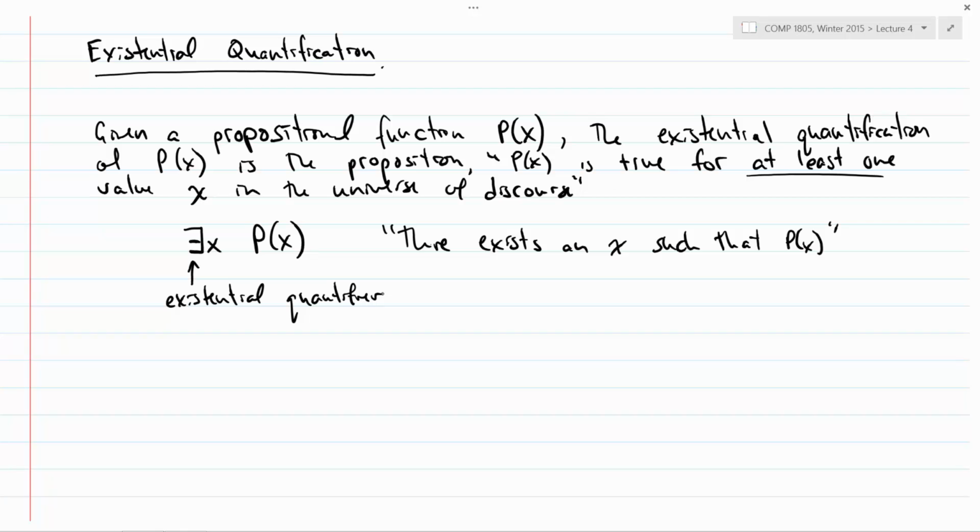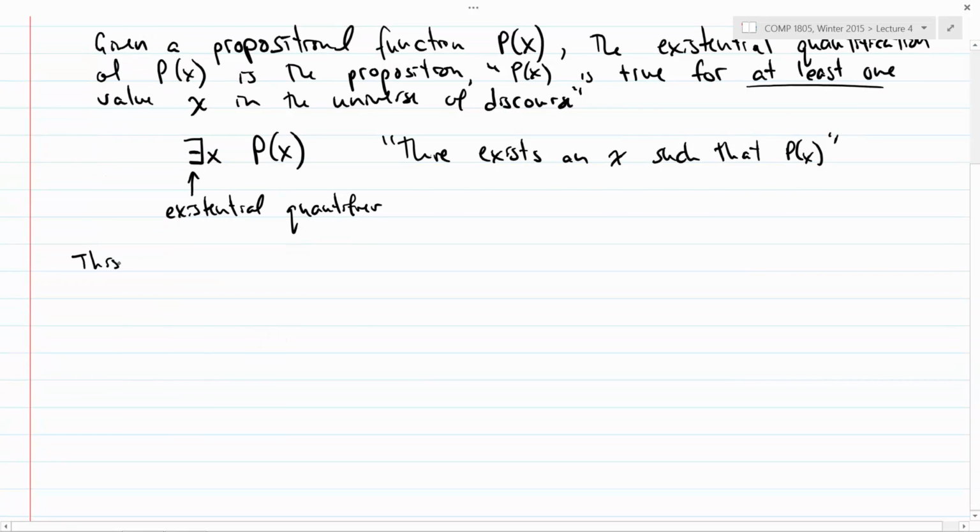All right, so last time we observed that the universal quantifier was essentially shorthand for conjunction, right? If something is true of everything in the universe of discourse, it's true for the first thing, and it's true for the second thing, and it's true for the third thing, and so on. Just in the same way, the existential quantifier is also shorthand, but it's shorthand for disjunction. It's shorthand for a sequence of many disjunctions, possibly infinitely many disjunctions. So this notation is essentially a shorthand.